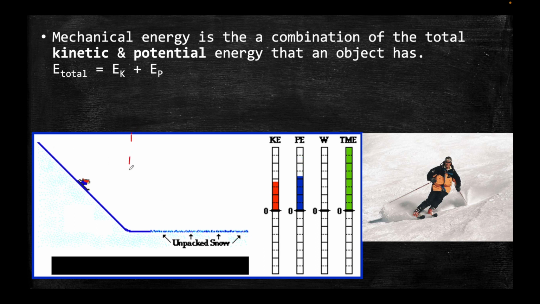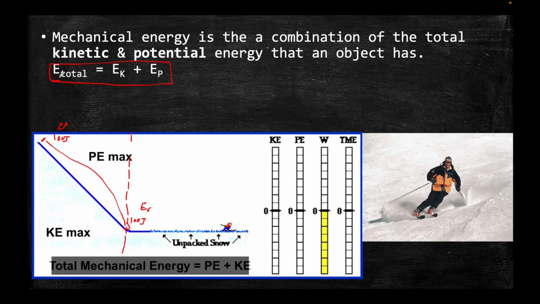The key point we need to know is right up until here. If I have the potential energy here, all of that will become kinetic energy down here. If I had 100 joules here of potential energy, this would be 100 joules of kinetic energy. This would be EP, and this would be EK. The potential energy here, of course, would be zero, because I'm on the ground. The kinetic energy up here would have been zero because he wasn't moving. He was standing, waiting to leave. His starting speed would have been zero. So that makes sense. E total is EK plus EP. That's the idea behind this. Okay? Amazing.